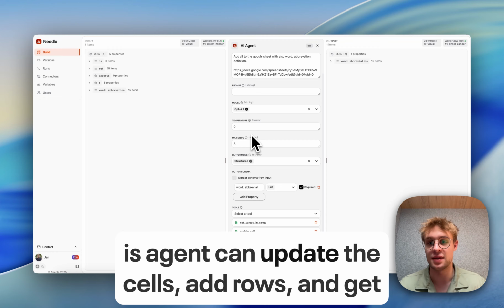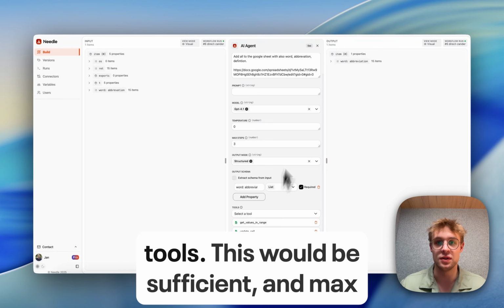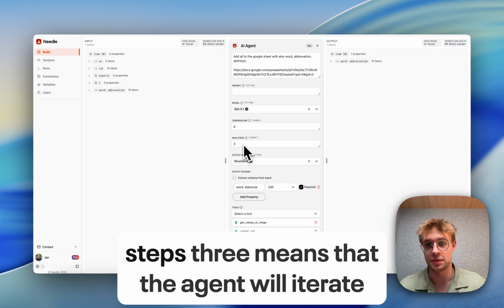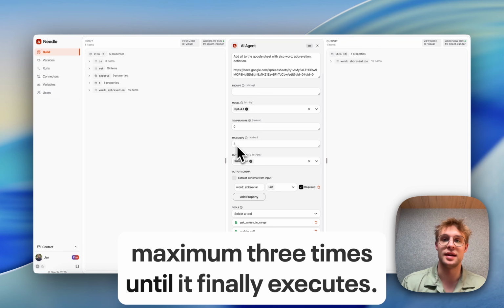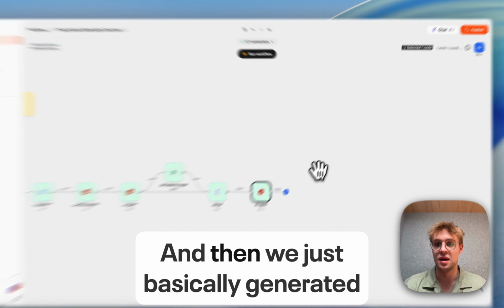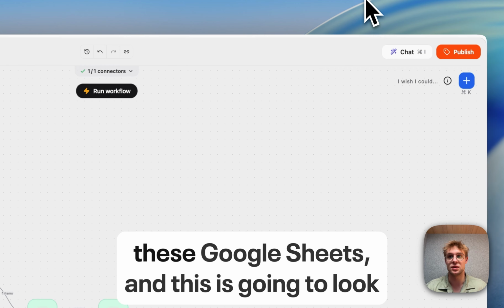This agent can update the cells, add rows, and get values in a range. We could also give it more tools, but this should be sufficient. And max steps 3 means that the agent will iterate a maximum of 3 times until it finally executes. And then we basically generated this Google Sheet, and this is going to look like this in the